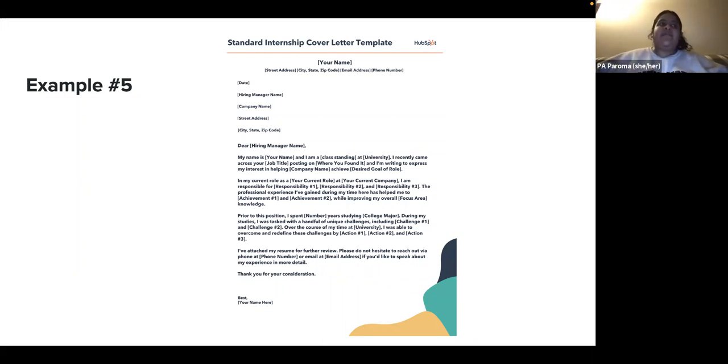But I think it's also really important to remember that it takes a lot of care and effort to write these things. And I think that's truly what sets someone apart from other candidates. Because a lot of times you can have people who are applying with the same qualifications. They might even be in the same classes and clubs as you. And I think what truly sets you apart is the ways in which you're able to show who you are as a person. And I think interviews are a great way to explain that,